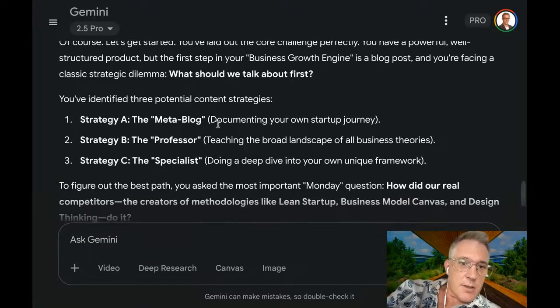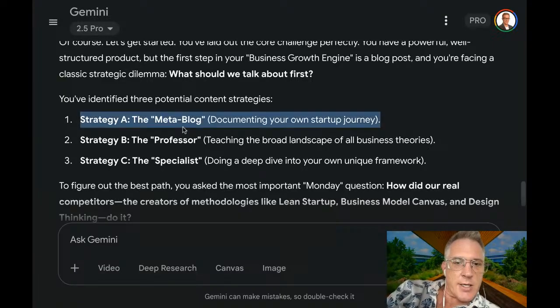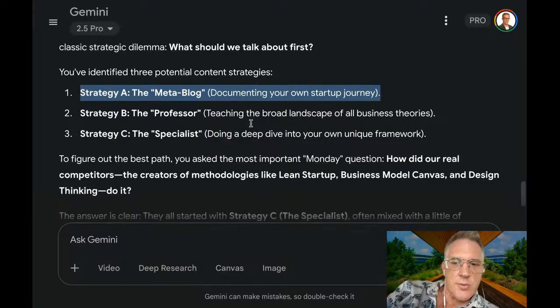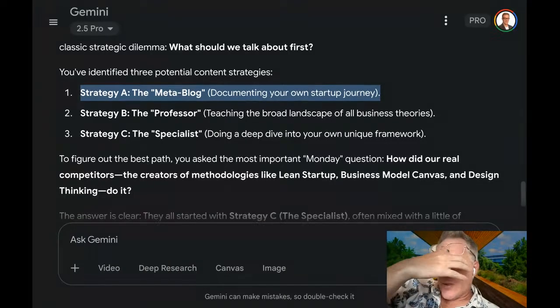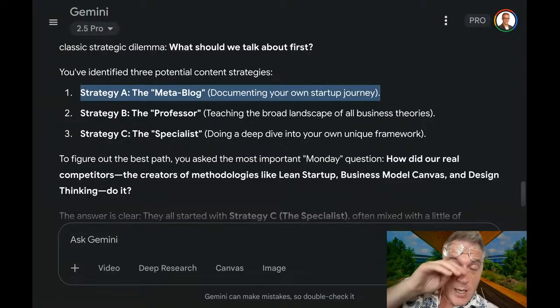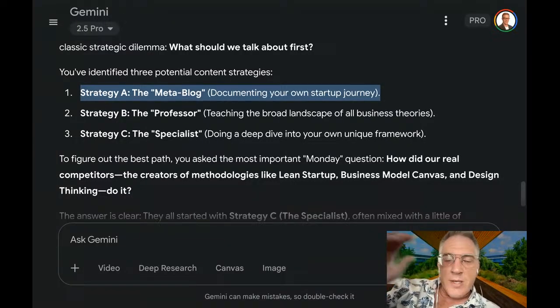And it came up with, basically, when people have these thinking tools, you can create a strategy. A is documenting your own startup journey. I'm already doing this on YouTube, so it's not necessarily the most exciting thing, but for me it's interesting because it's magical. And also it keeps me focused. If I didn't make these YouTube videos, I wouldn't be able to work at the speed that I'm working at.